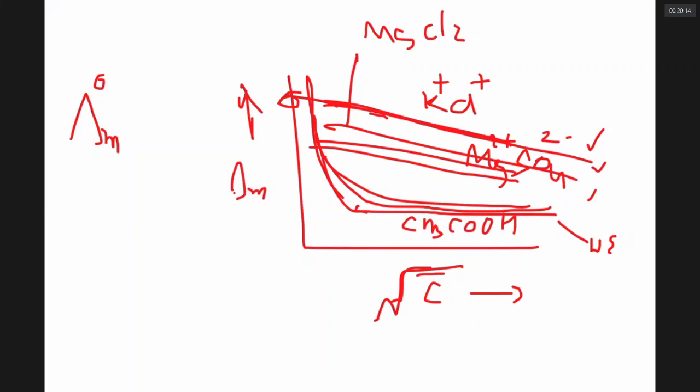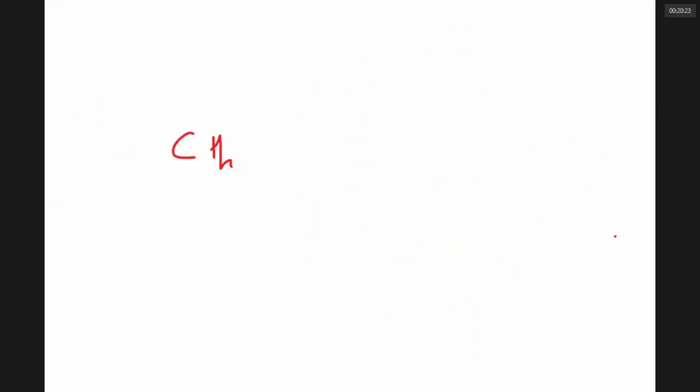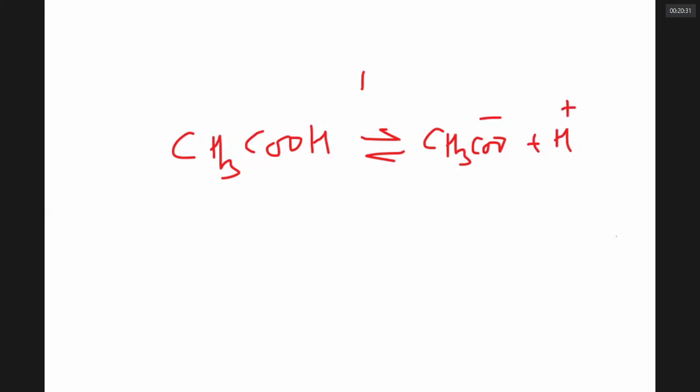Extrapolation, sir. And very interestingly, this is what you studied in first year. If you have acetic acid, which is a weak electrolyte, is it dissociating 100%, sir? No, sir. If I am taking C moles of acetic acid, and alpha is the degree of dissociation, the actually dissociated molecules are